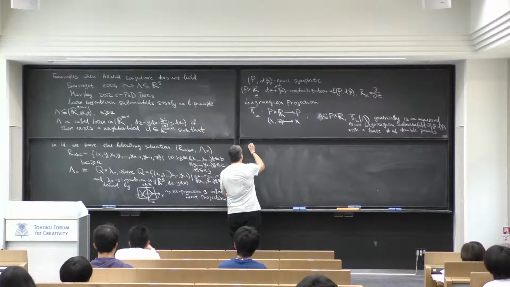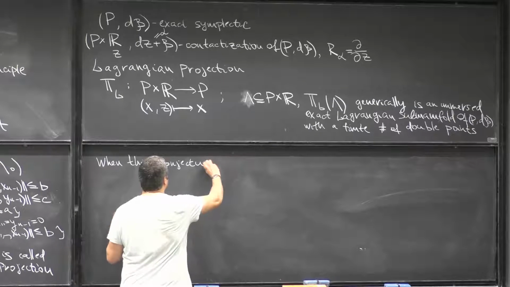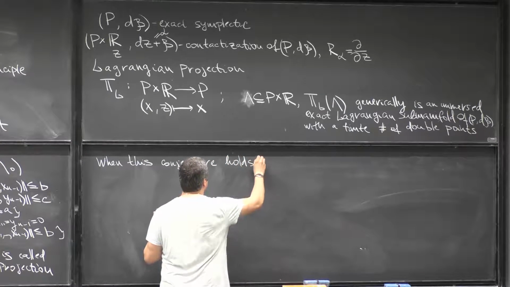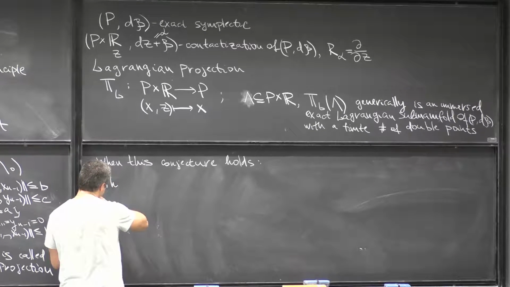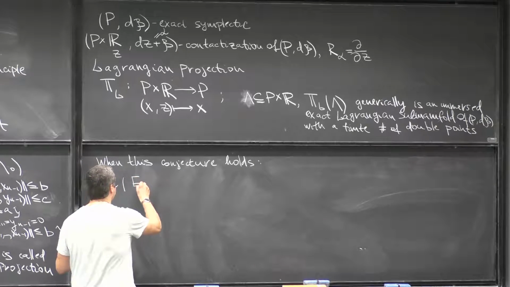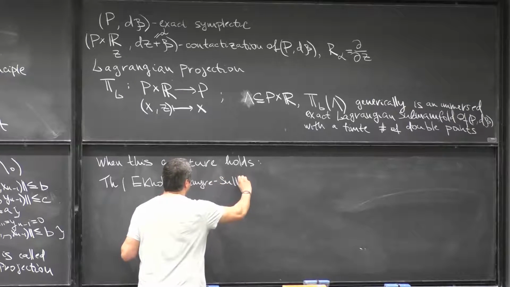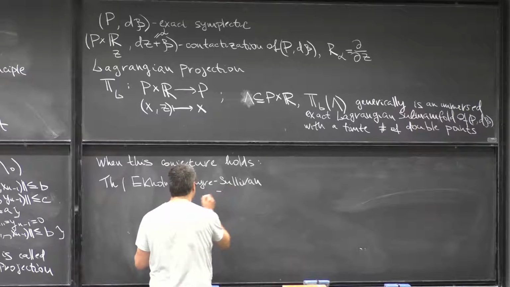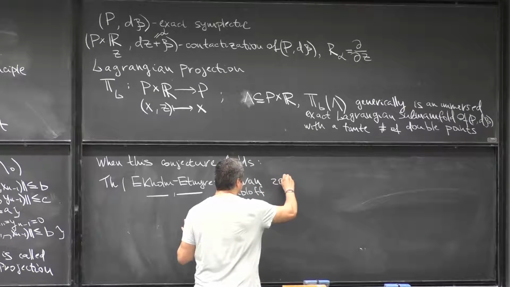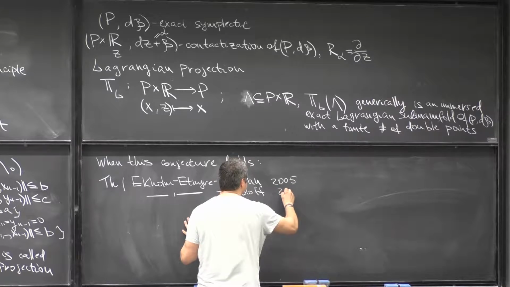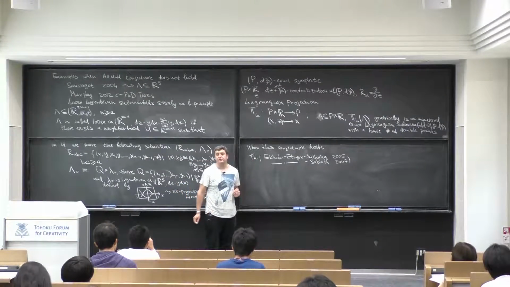So, when this conjecture holds, first, there is a result of Ekholm, Etnyre, Sullivan, and also Ekholm, Etnyre, and Sabloff. So for the first result, I should write 2005. I think for the second one, it's 2007. These two groups of people prove that